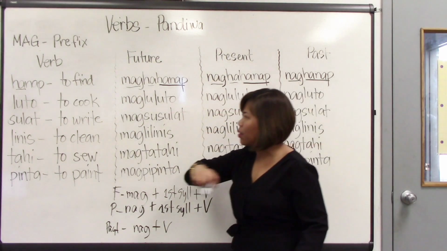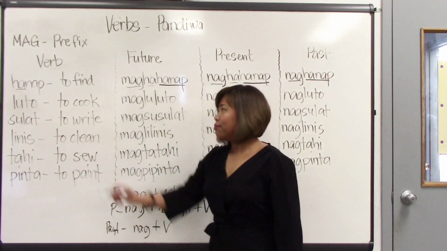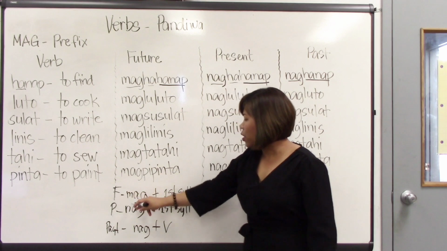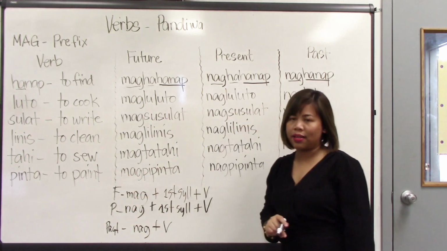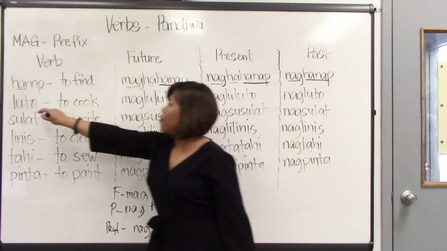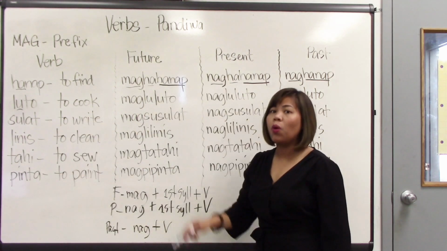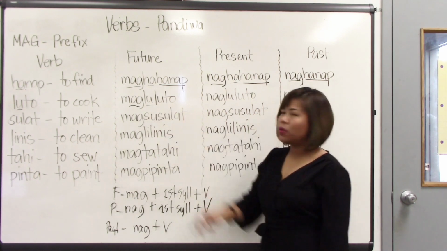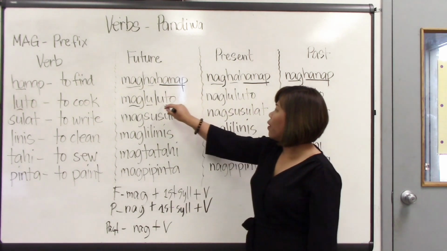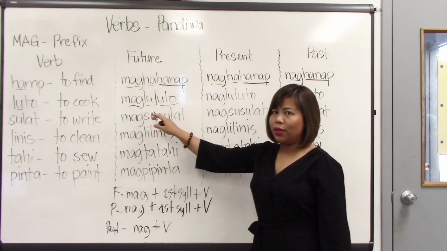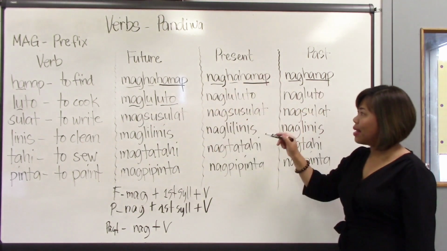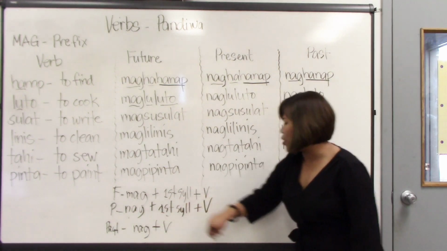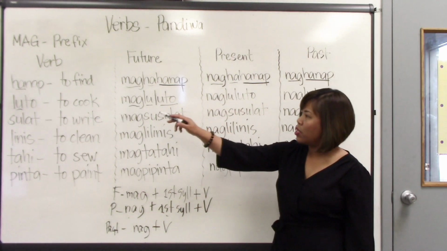So look at the second one. Luto. It means to cook. So future, we put mag as the prefix. We take the first syllable of the verb luto, which is lu. So mag, lu, and then we add the entire verb. Luto. Magluluto. Present. So we put nag as the prefix plus the first syllable of the verb luto, which is lu,